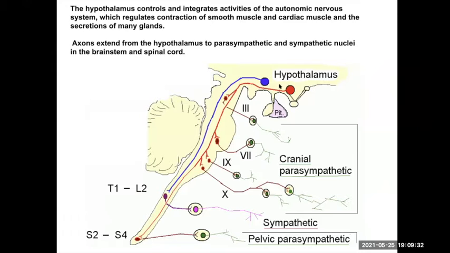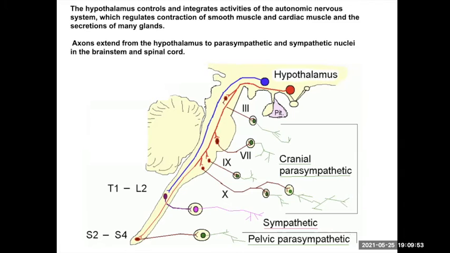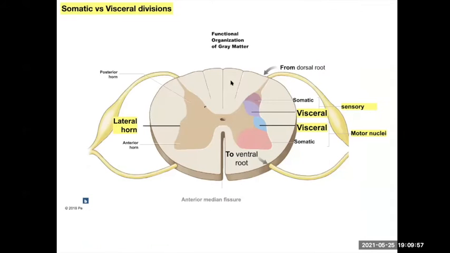Right? And then we'll see the other nuclei in your hypothalamus are going to be going deeper down into the spinal cord to control the so-called sympathetic division. And then also way down at the other end of the spinal cord, this other part of your parasympathetic division. So there's your control over these cranial nerves. So, somatic versus visceral. We learned about